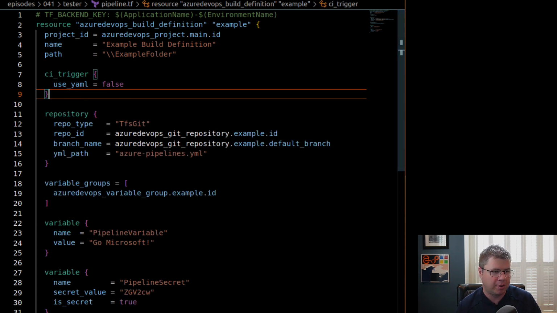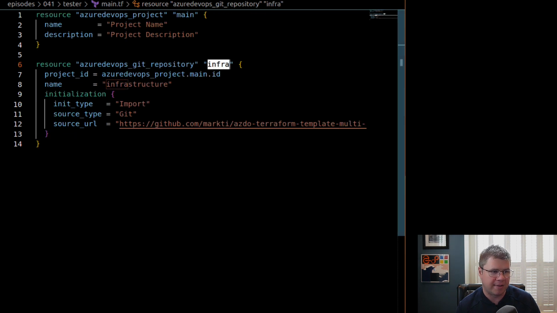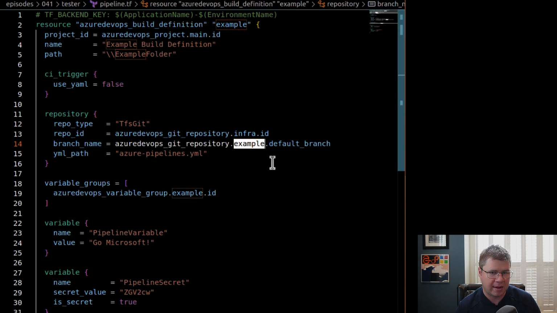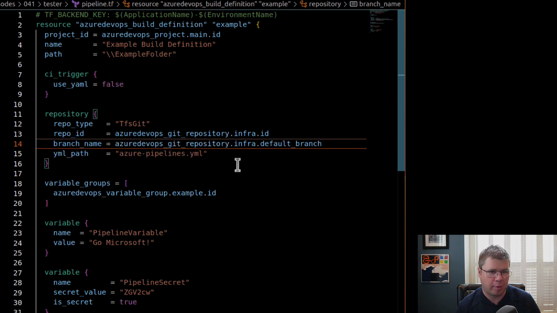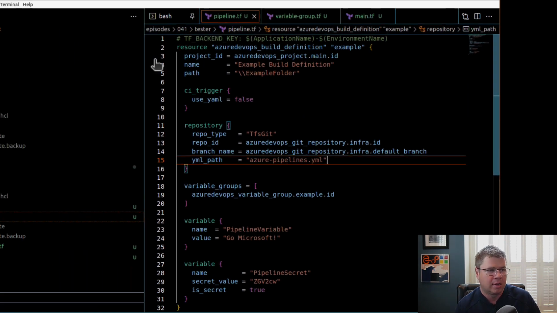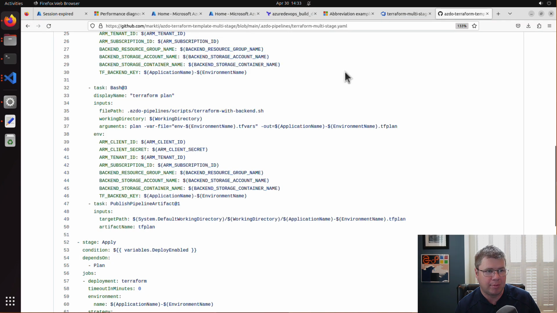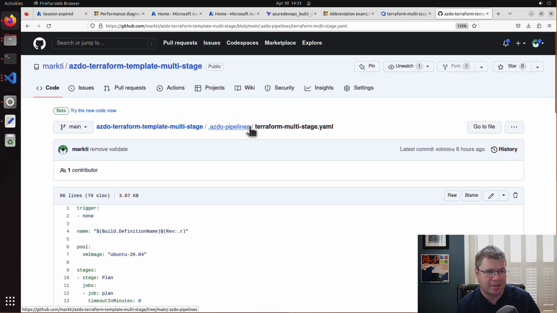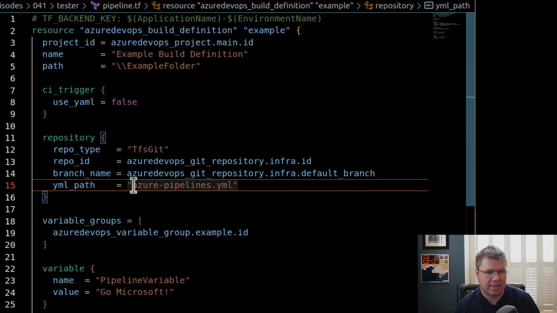My repository, what is my repository called? It's just called infra. Okay. So we got infra. Yeah, we'll use the default branch. The YAML path. So this is where I'm going to have to embed some foreknowledge of the code that I'm importing into this Terraform code. So if we go look at the source code that I imported, the YAML path is going to be .azdo pipelines and then Terraform multi-stage, right? So this is going to be the path. So I can slam this in here,